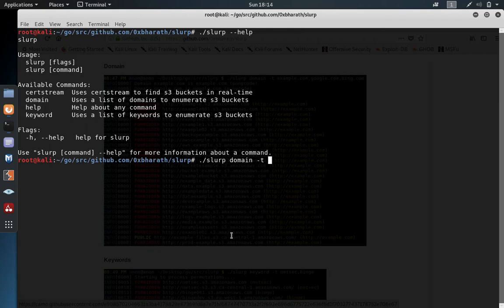The t is for the target, and I'm just going to use, for example, hackeristan.com, if any, comma, hacker, comma, adobe, comma, let me just try something else.